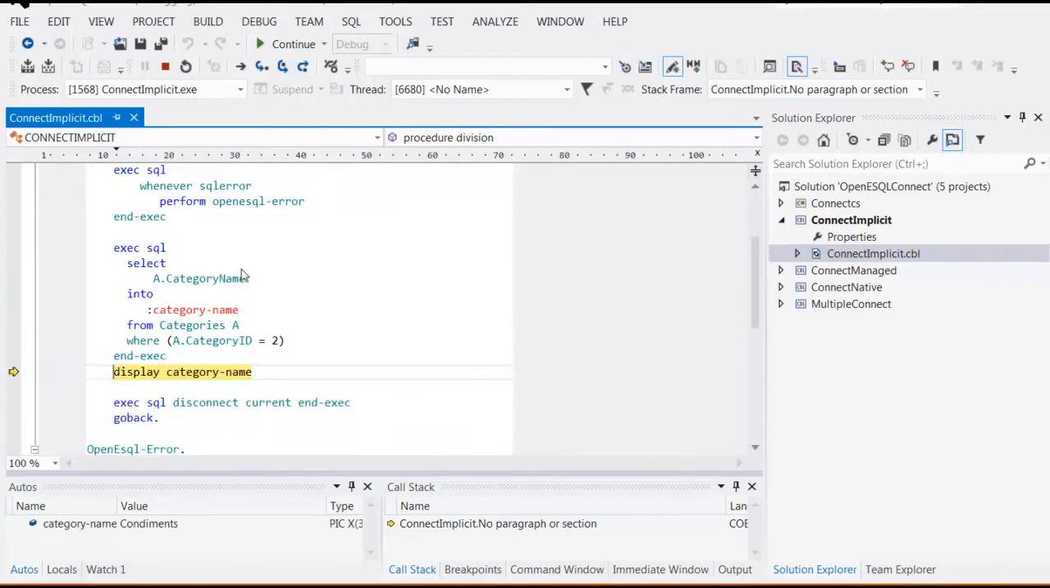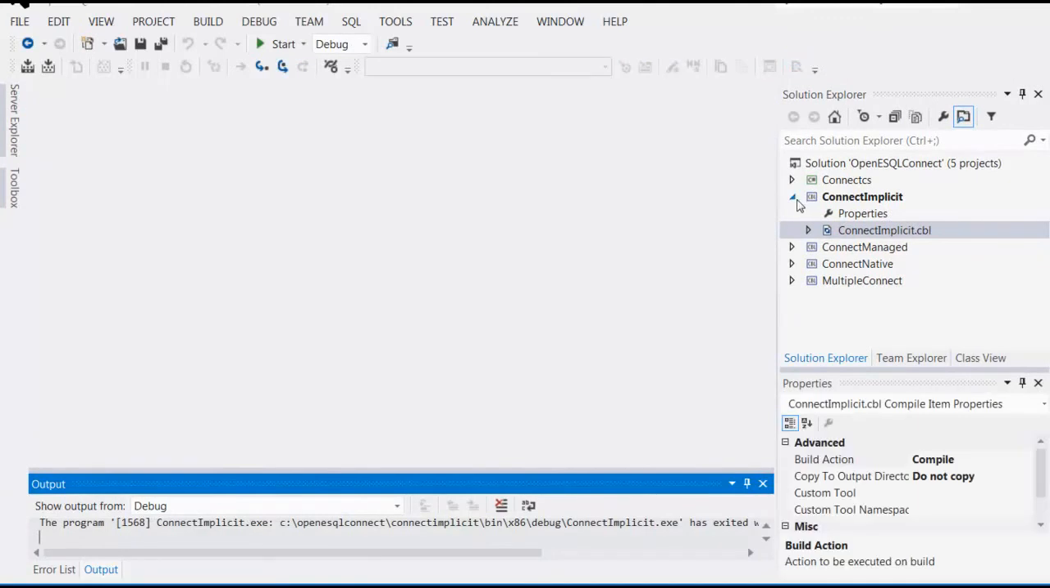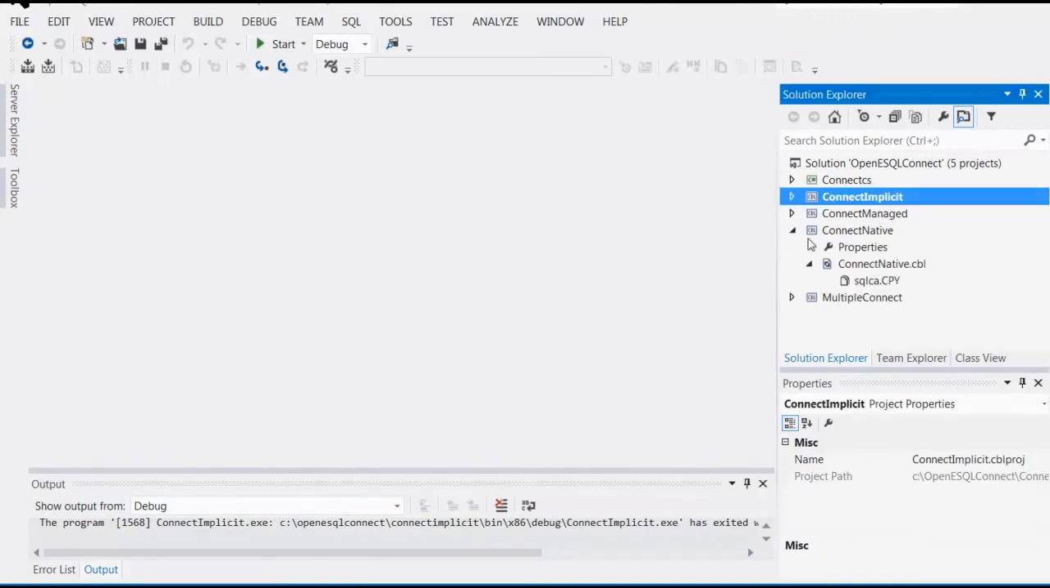Here we have a simple select statement of one of the tables in the Northwind SQL Server database, and all it does is select a category name and displays it. We'll use this same select statement in all our demos here, and you can disconnect it when you're done with it. That's an implicit connection. For explicit connections, for native code,